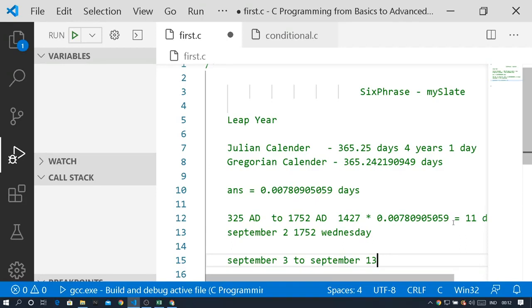So the 11 extra days I used, those extra used 11 days have been removed from the calendar, from September 3 to September 13. Yes, fine. So now if you see here,